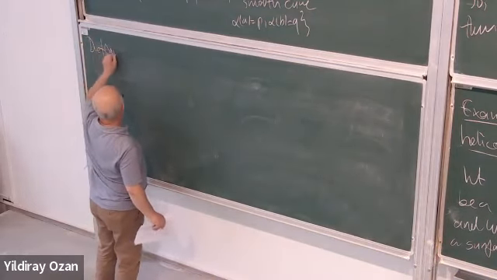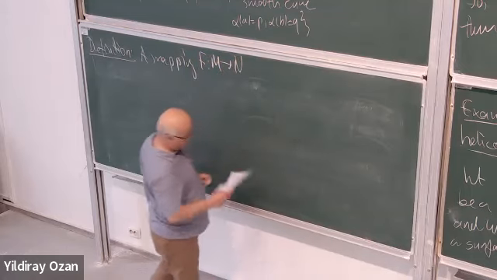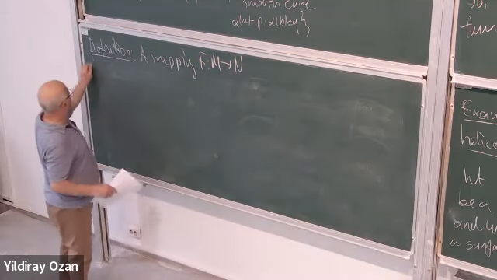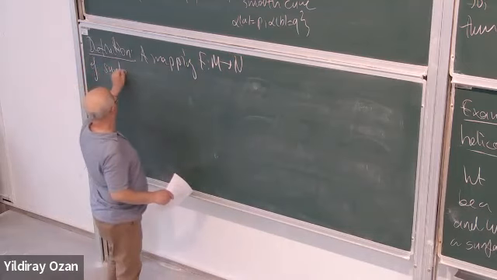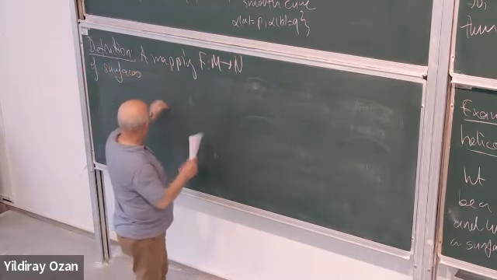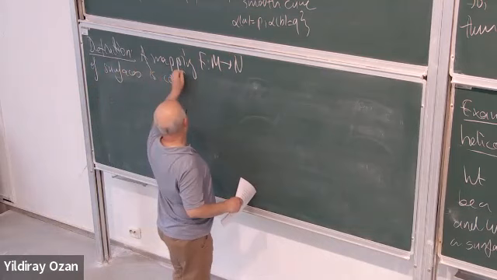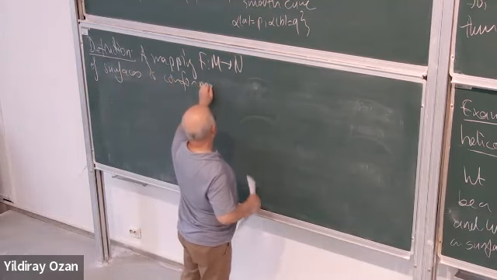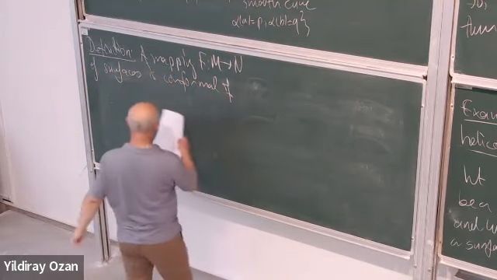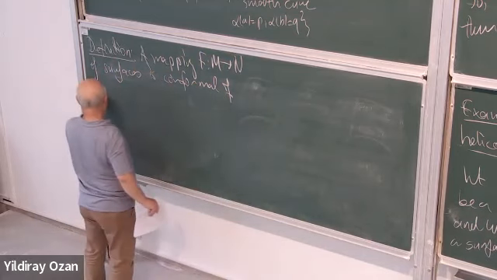A map from a surface onto another surface is conformal if there is a smooth function